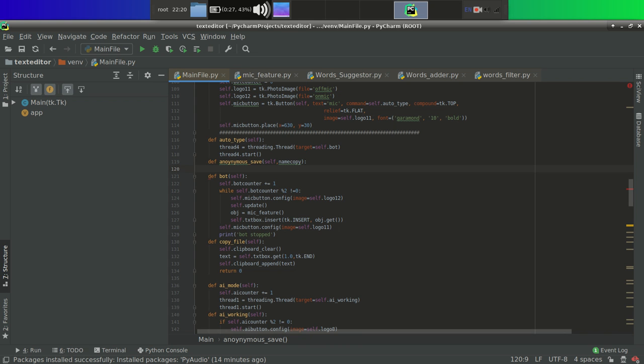Actually, what is name copy? Name copy is the name of the file. Suppose that I save my file with my text file.txt. Then my text file.txt is the name copy, or the name of the file, and the name of the file will be stored as name copy over here. For doing that, we will add functionality, and we will fetch the name of the file also.